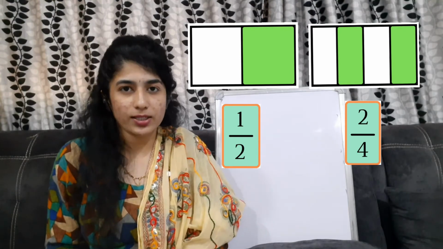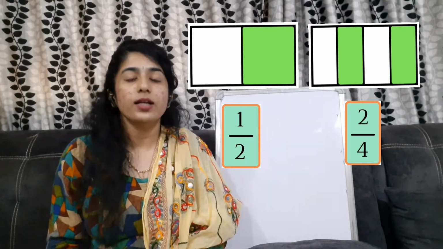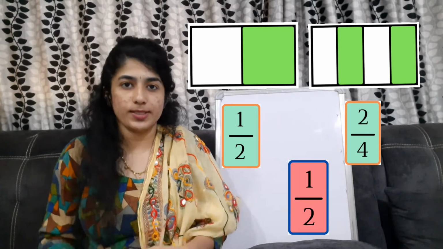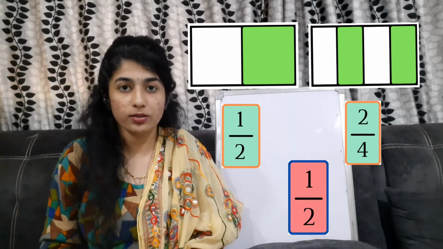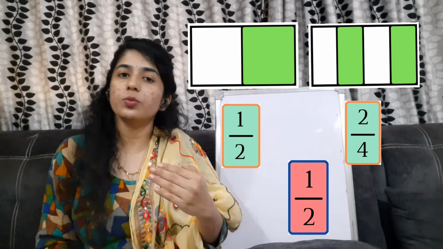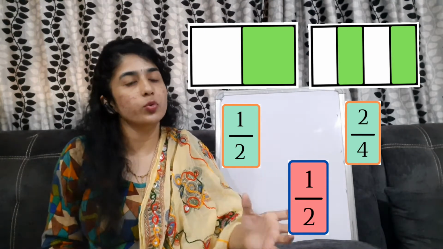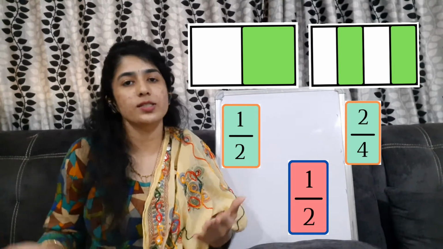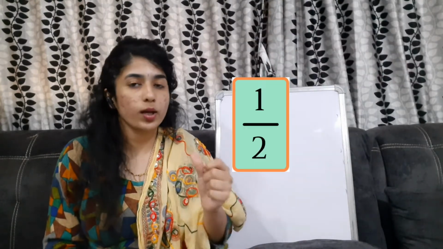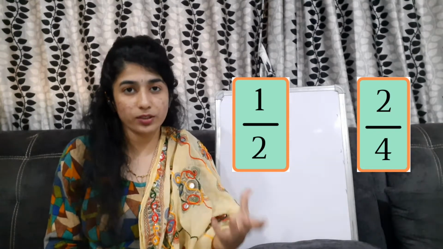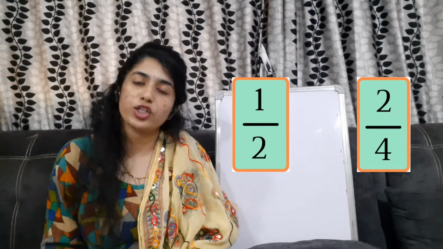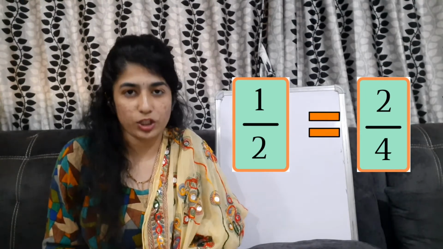So in the image you can understand by looking at it that half of the image is colored for both the images, right? So here the fraction for the colored one is 1/2, but for the second it is 2/4. But from the image you can understand that both the images have half of it colored, right? So that is why 1/2 and 2/4 have different numbers, but still those two fractions are known as equivalent fractions. There are two ways of finding the equivalent fraction. One is to do the multiplication or to do the division.